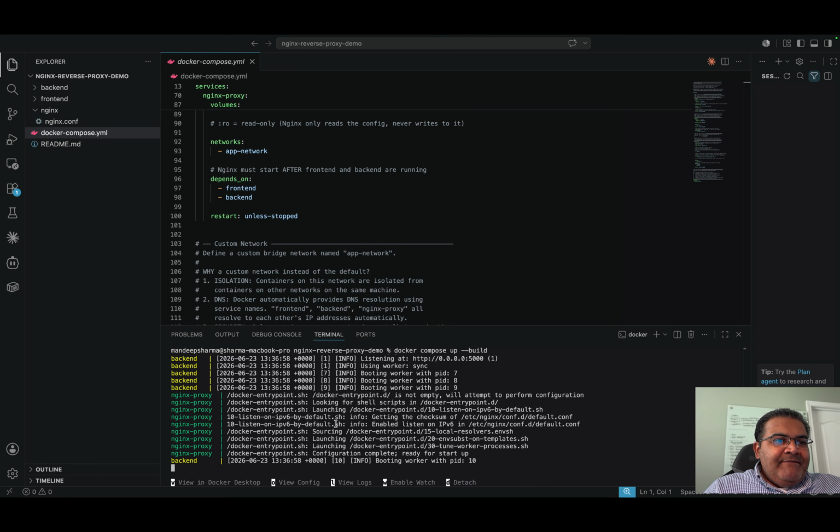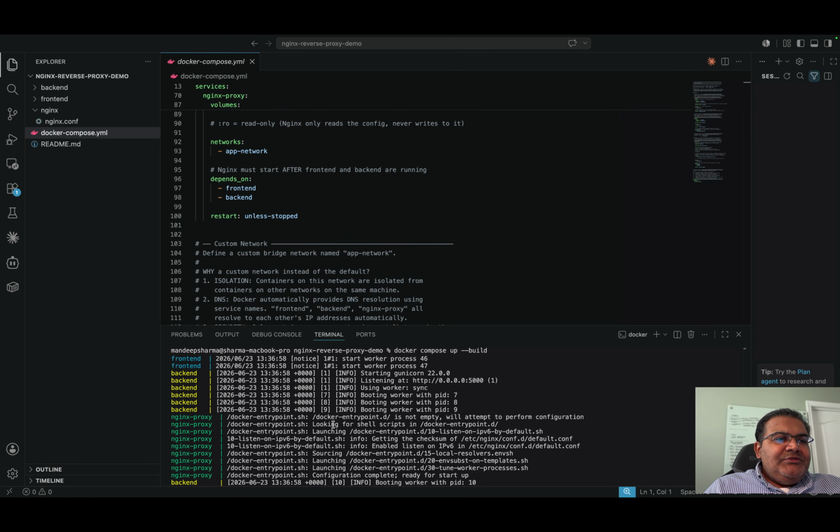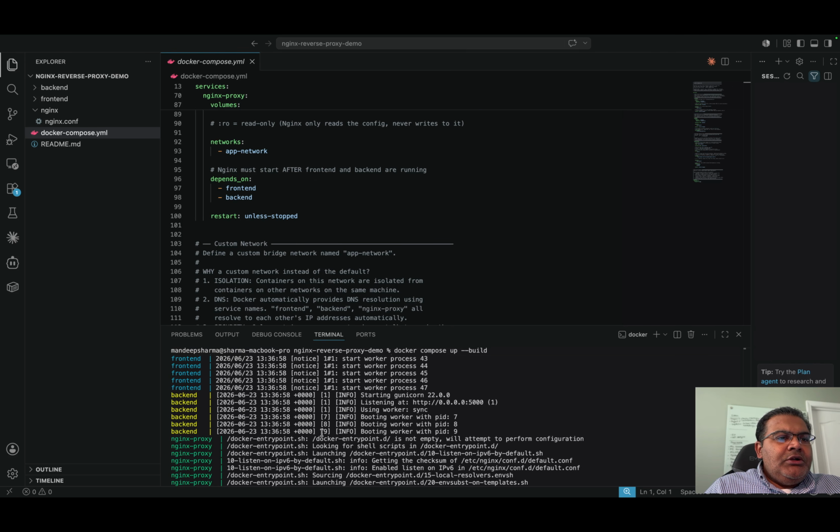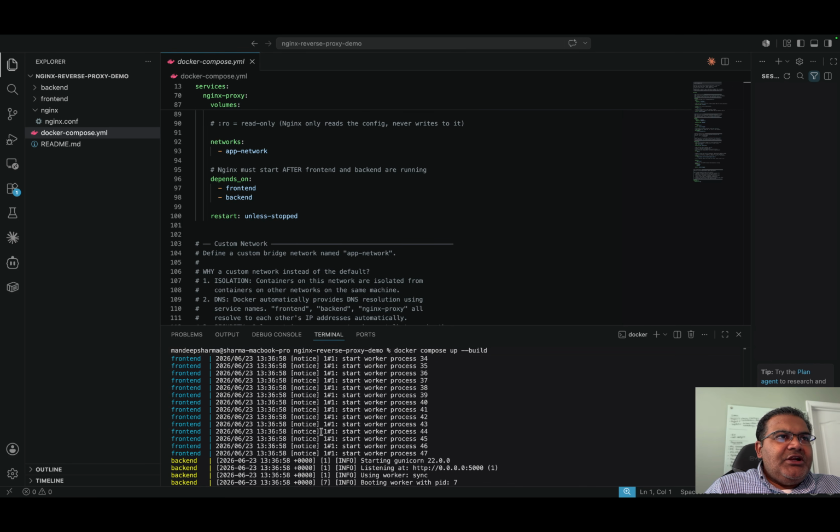That caching trick we talked about earlier, you will see it here. The pip install layer gets cached after the first build. When you see worker process started,